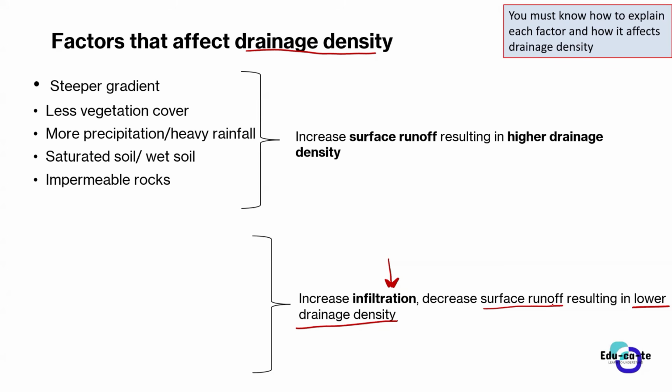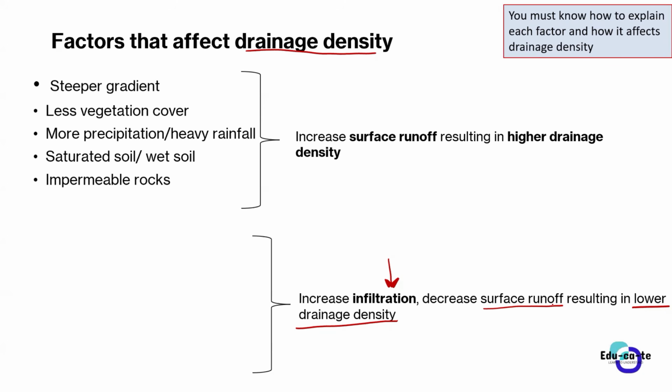So we know that for a fact, for us to have a lower drainage density, for us to see only fewer streams, because a lower drainage density, remember guys, I explained to you, means that there are fewer streams that you can see. It means that there are less streams that you can see in a certain area. Okay, so if we look at those factors that increase more water infiltration, if more water is sinking in and less water is running off, we're going to have lower drainage density.